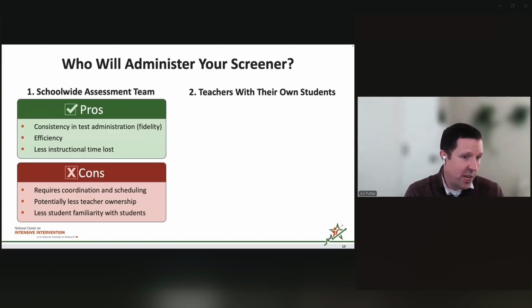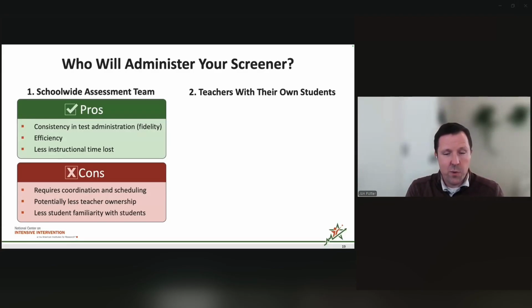Another con is that potentially there can be less ownership from teachers. If teachers aren't collecting the data themselves, sometimes they feel less invested in the process. And you've probably experienced this, where a teacher sees their student's data that's been collected by another tester and says, well, my student can do better than that. That's not an accurate representation of what my student can do. So if they're not testing their own students, sometimes there's a little bit less teacher ownership of that actual assessment data. And then the last one is